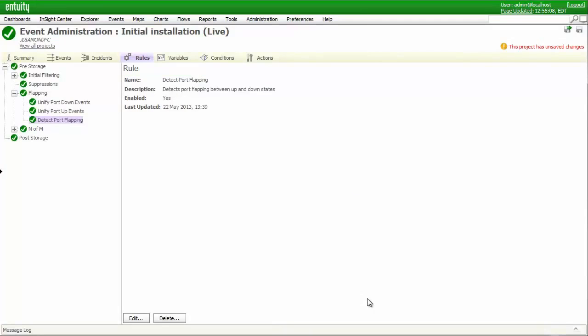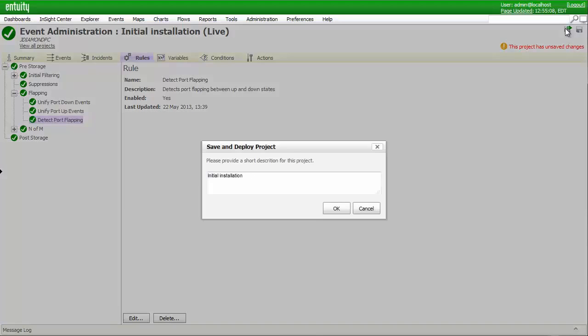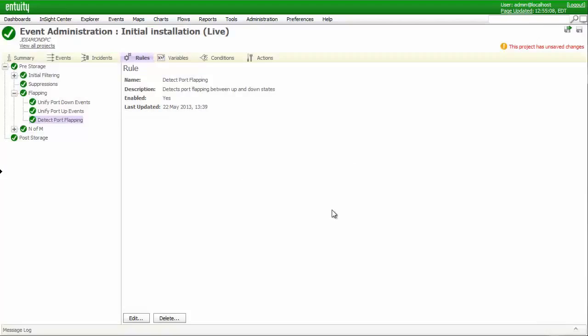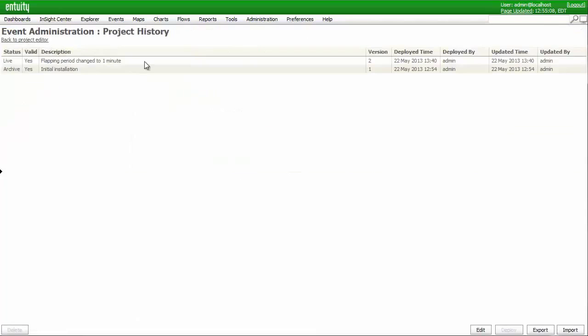Assuming that was the only change that needed to be made, I can now proceed to either just save the changes, again using that control, or both save and deploy the new configuration project and enter a description to explain the change. You'll notice that the new project has been given version number 2, and if I need to roll back to